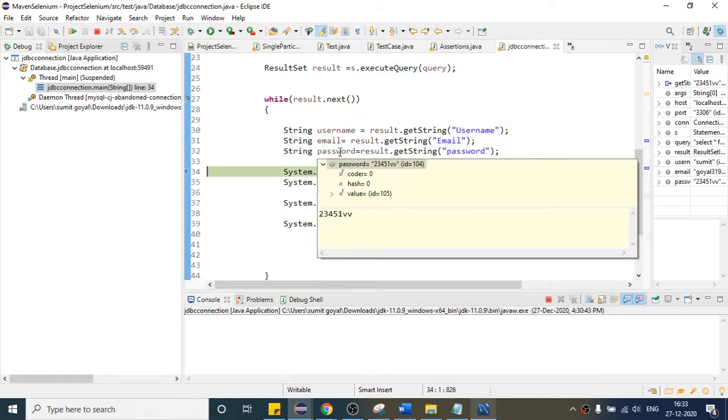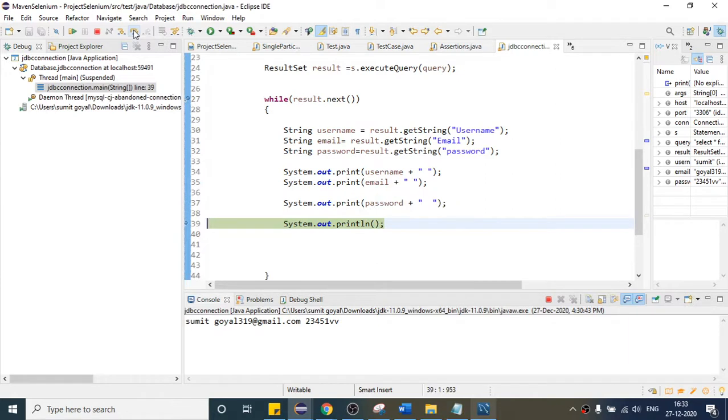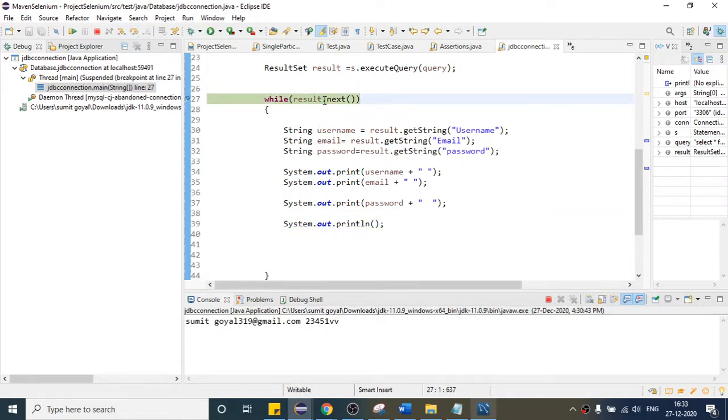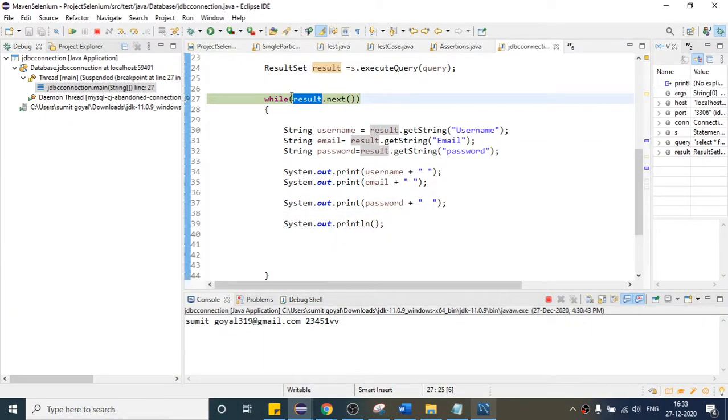So it will give you these three from the third column, and after that I'm simply printing that Sumit username and password, right? So first row data is done, and again we will execute our while loop. So again this dot next method will execute. What will happen? This result object now will point to your second row, and it will also return true, because you have one data, right? So it is now pointing to our second row. Now the condition will be true, we will come inside.